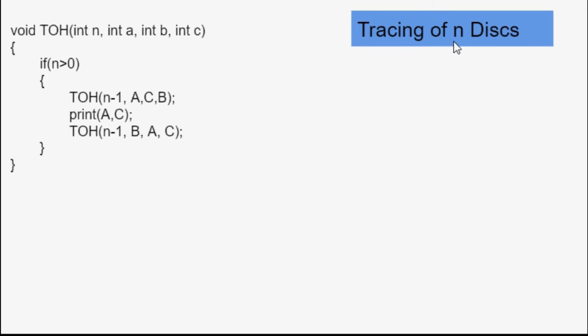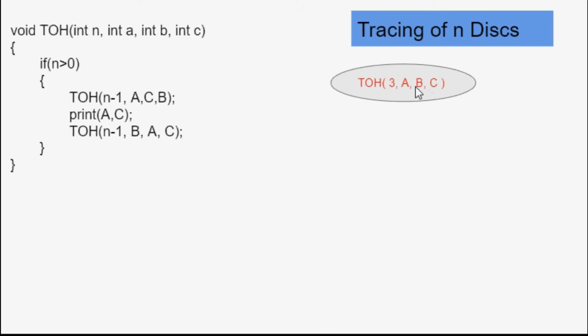Because in case of 2 disks, we are not going to make a recursive call, so we can't consider that case. From 3 disks, we are going to make a recursive call, so that is why I'm going to trace that. So the very first call was number of disks, that is 3, and number of rods, that would be A, B, C. So every time your Tower of Hanoi is going to take 4 parameters. The very first would be the number of disks and the remaining would be the towers.